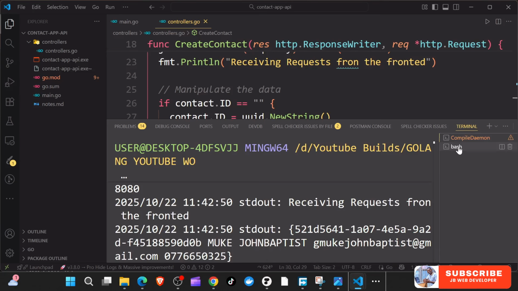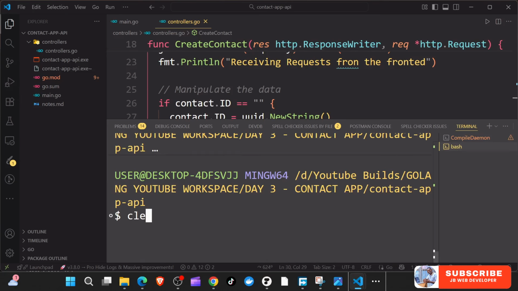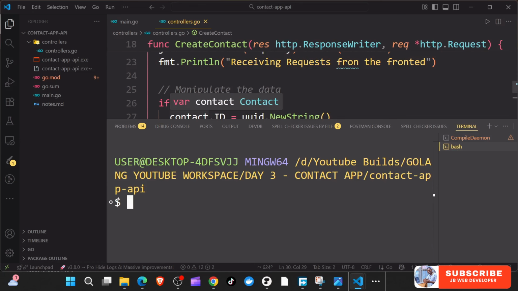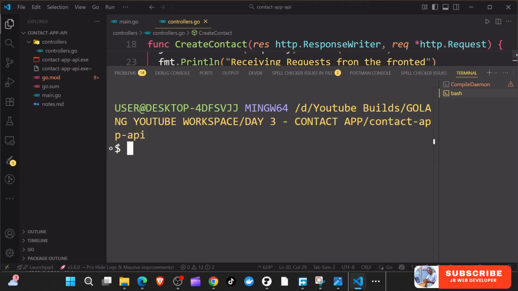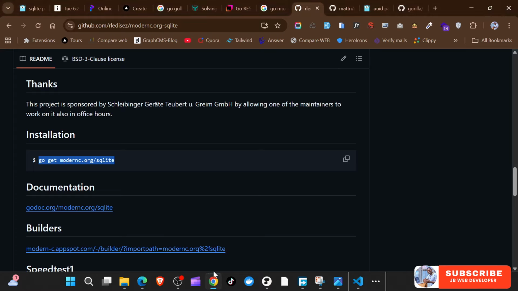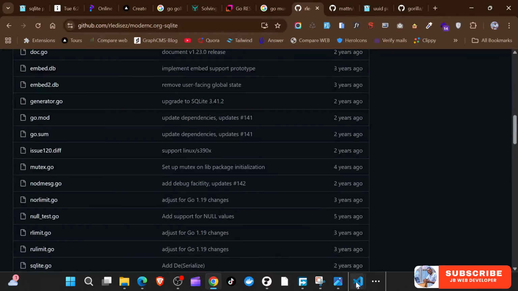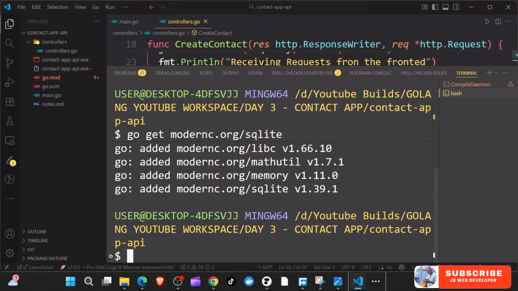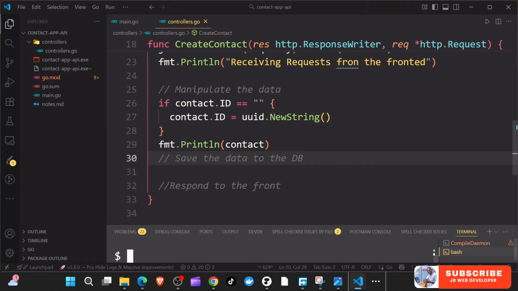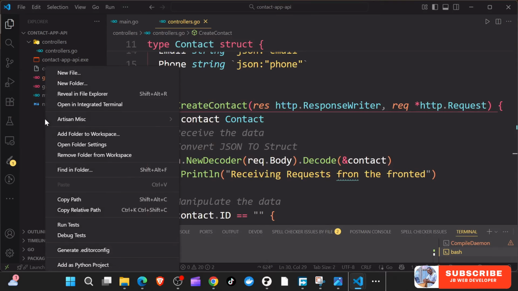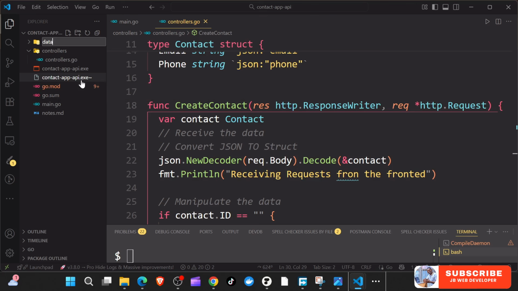Just go ahead in this terminal, let's clear, and just going to say go get. Okay, this goes and installs it, and now we can just go ahead and start setting up. So I'm just going to have the place for setting up the database. Let me create here a folder called database, and inside here I'm just going to say